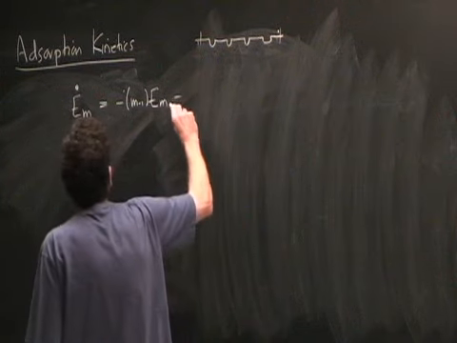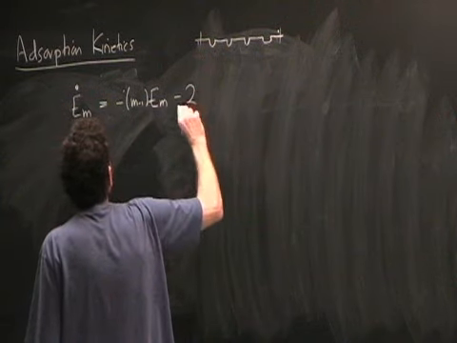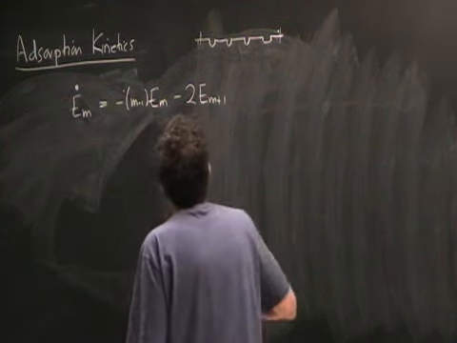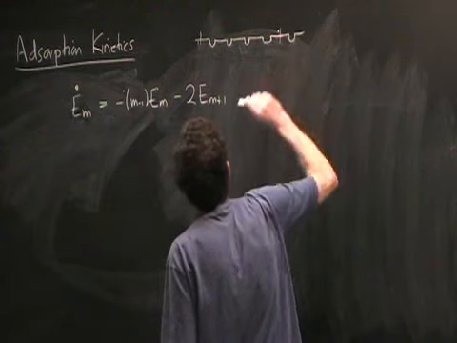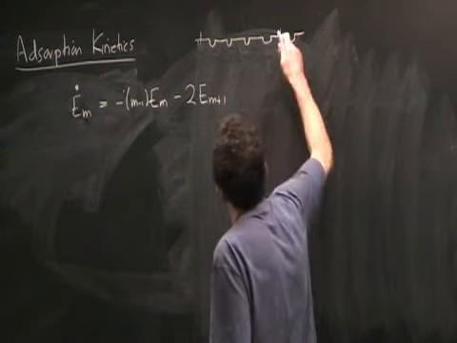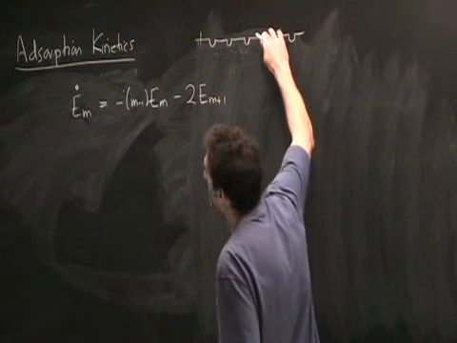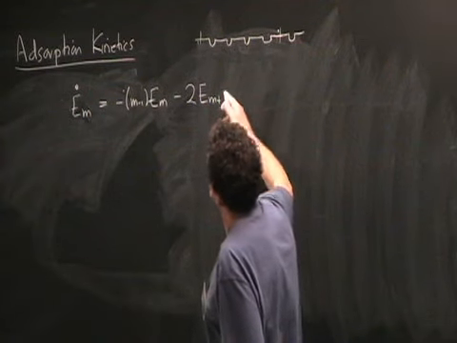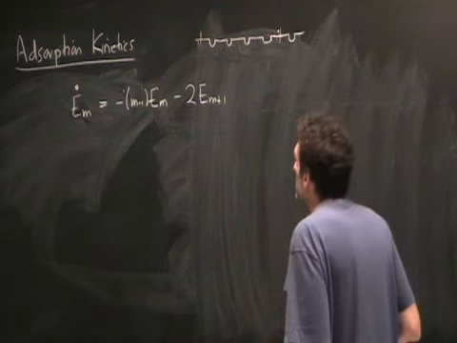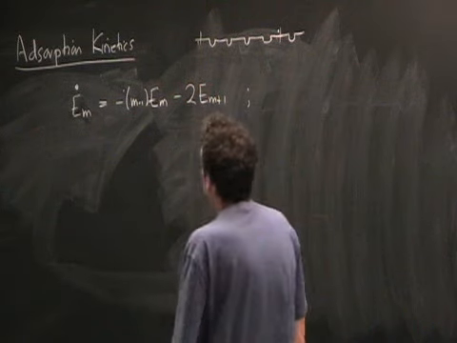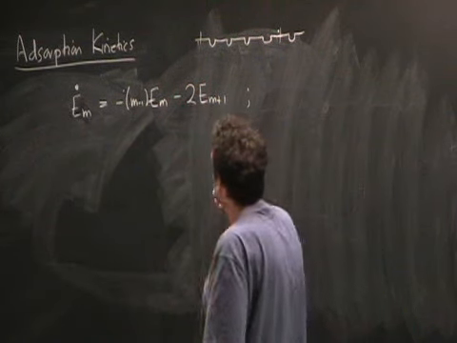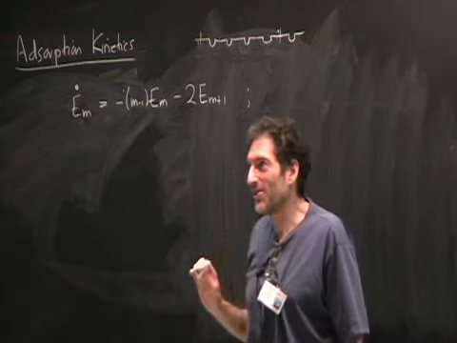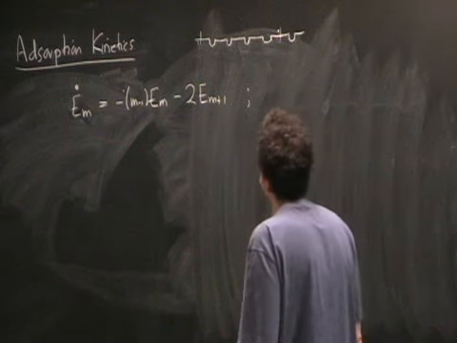But then there are 2 other ways that you can kill an interval of length m. You can put a dimer in an interval of length m plus 1. So for example, if this site happened to be empty, which happens with probability E m plus 1, I could put a dimer here, and then one side of it would impinge into the interval, and that would contribute to a loss of this m interval, and it can happen on either side. So that is the equation of motion for the empty interval probabilities. One thing to note about this equation is that every term is the same sign, and that turns out to be a helpful thing in trying to solve the equation.